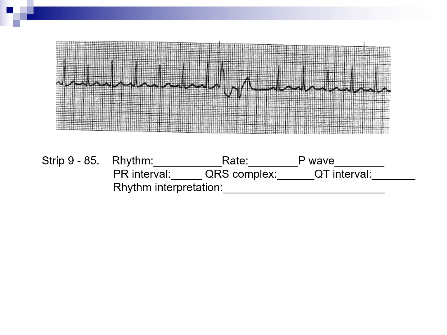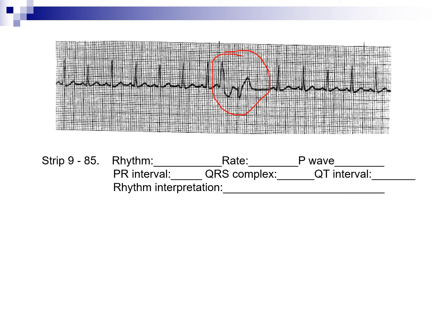9.85. This rhythm is considered regular, except these PVCs are making it irregular. So the underlying rate is 125 of the basic rhythm. There are P waves, and we can do PRIs, which are normal, 0.12. Your QRS on the basic rhythm is 0.04 to 0.08. The PVCs are wide, so they're about